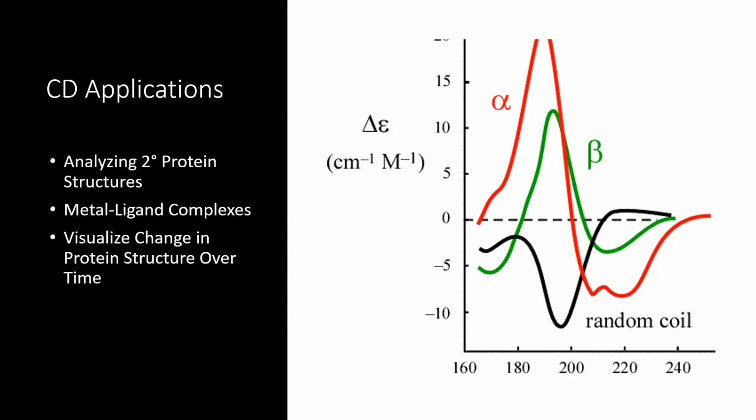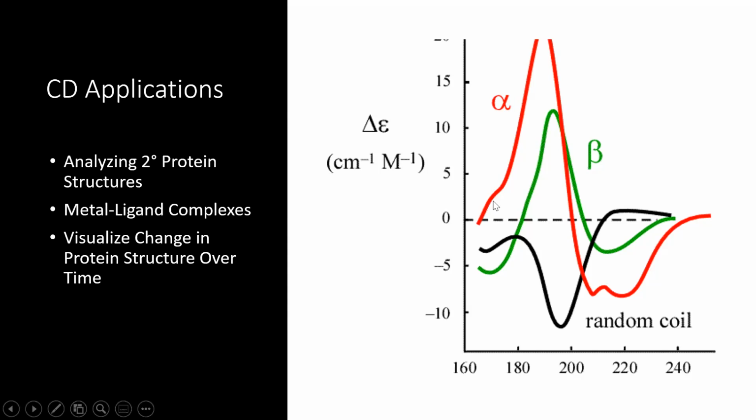But another useful thing because of this CD application is that you can also visualize the change in the protein structure over time as you're analyzing the secondary structure. As with time, maybe in temperature, the protein structure can change. Maybe the alpha helices will uncoil, the beta sheets will unbind, and that can affect the spectra that you see. And so you can run kinetics and thermodynamic studies with the CD instrument to